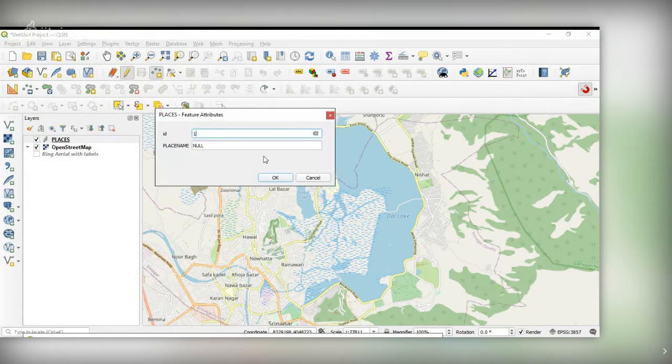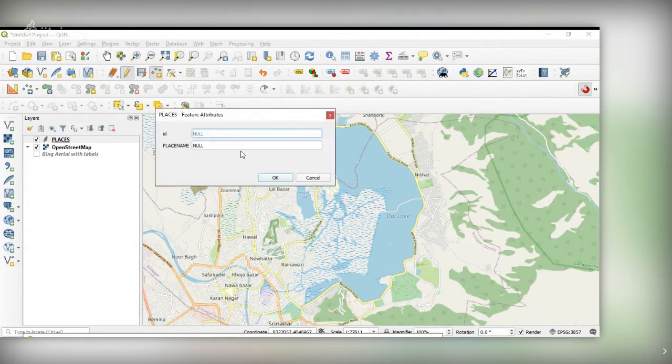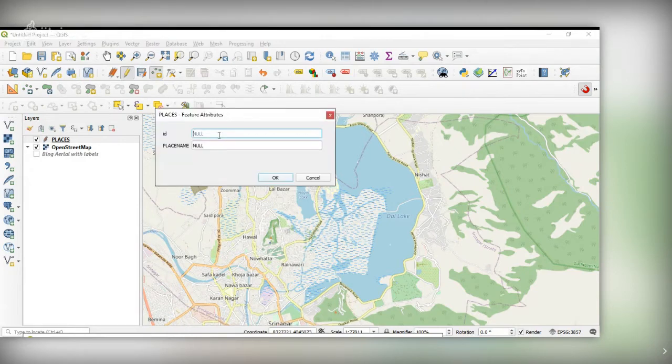One, Malla Bagh. Then Saura, 2. Okay, then owl. This is ID number 3 and place name is owl.